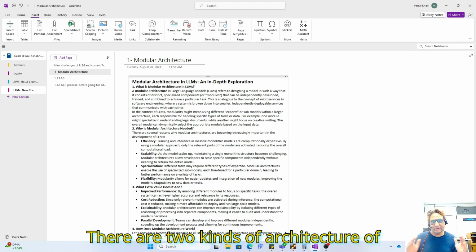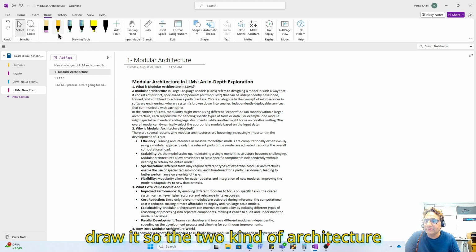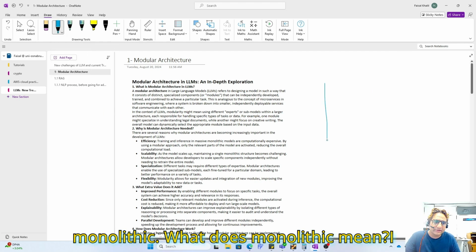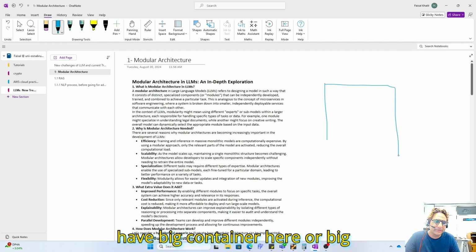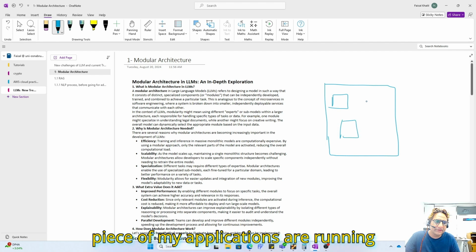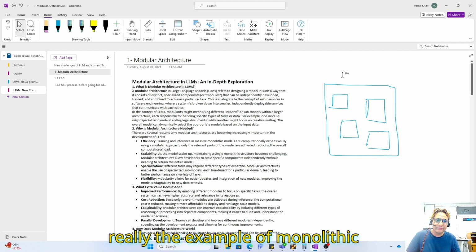There are two kinds of architecture of any services. If I could draw it, one is monolithic. What does monolithic mean? I have a big container or big computer, and all the pieces of my application are running inside.